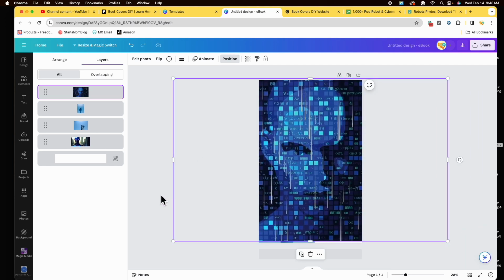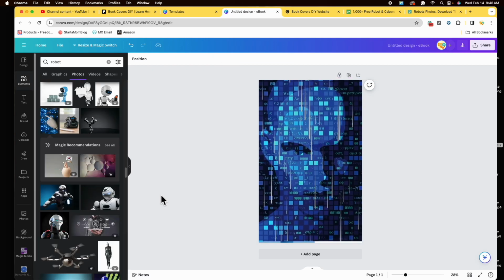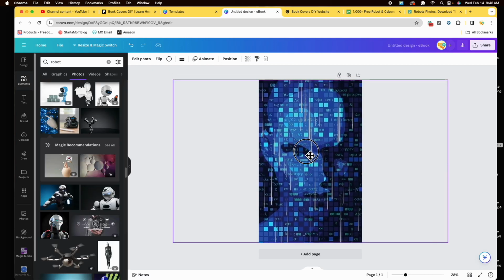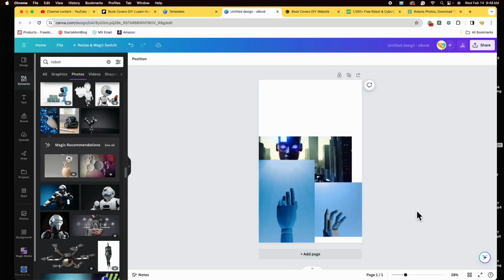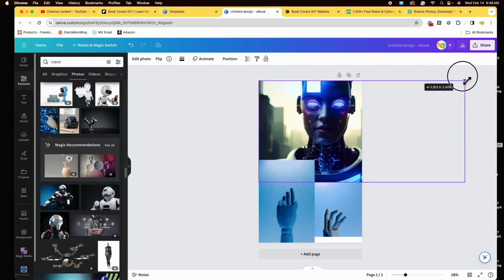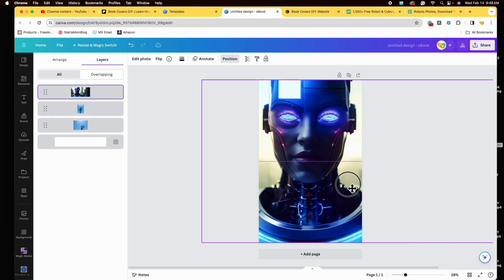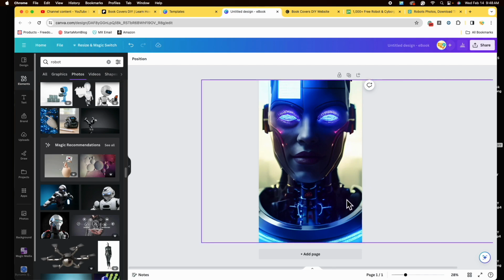Okay, now let me click off to the side to see how that would look. Okay, I'm not liking it now so much that it's stretched out. So I'm going to get rid of that one as well. Now I want to try this other face. And again, it looks like that is a back layer. So let's go to position. Layers is already chosen. And I'm just going to drag it to the top. And let's just slide that over. All right, that would be a really cool one as well,